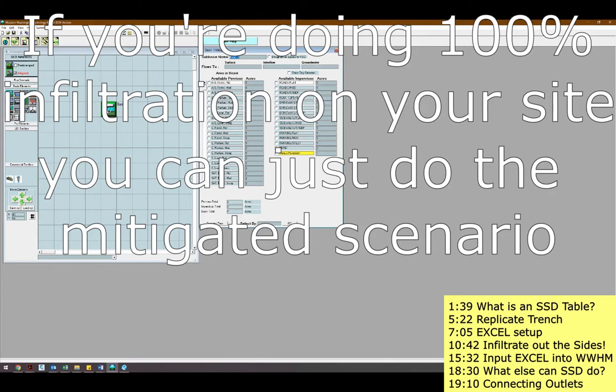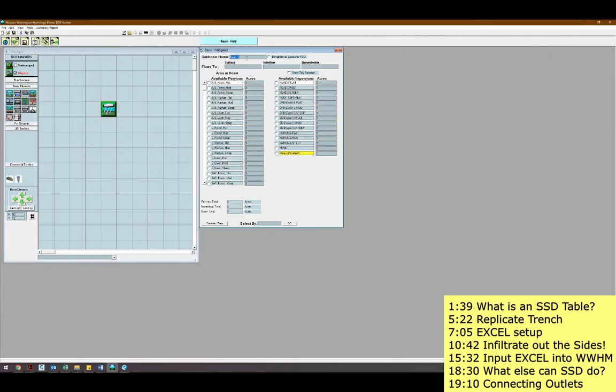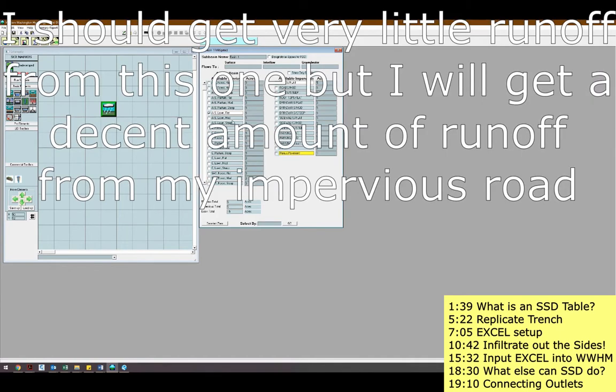So basin, put in a basin, call this basin 1, that's fine. Now I'm going to put in 5 acres of AB lawn, which is a pretty pervious lawn with decent infiltration. And I'm going to put in 5 acres of roads. So I should get very little runoff from this one, but I will get a decent amount of runoff from